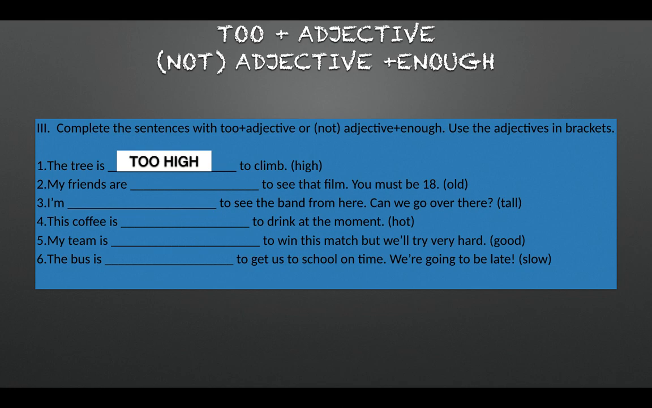So, the answer is, my friends are not old enough to see that film. You must be 18. Ahora, ¿por qué tenemos estas dos respuestas diferentes? En la primera, si se fijan, dice, el árbol es, y tenemos el espacio con alto, que es el adjetivo, para trepar. Entonces, podría ser el árbol no es lo suficientemente alto para trepar, o el árbol es demasiado alto para treparlo. Exacto, es la segunda. Y la número 2 dice, my friends are, mis amigos son, not old enough to see